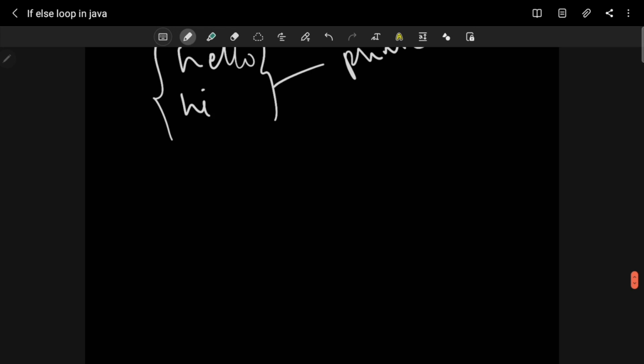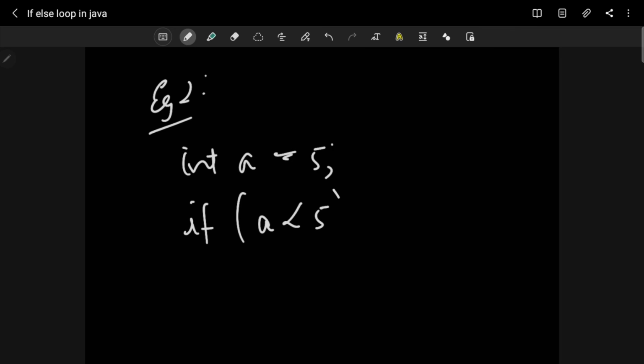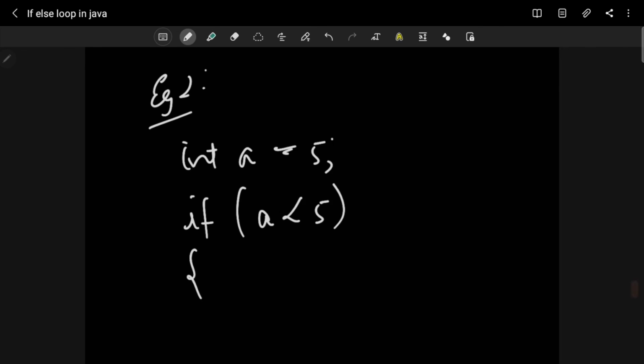Now I'm giving you another example. So example number 2. Int A is equal to 5. Okay. If A is less than 5, then what should happen?